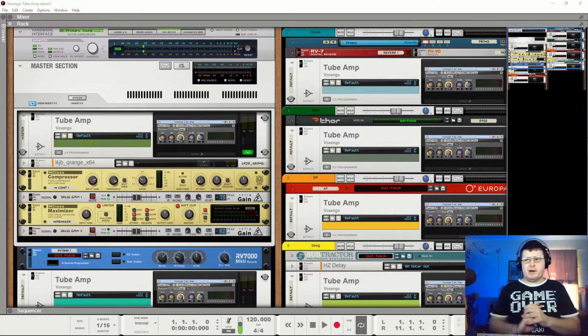This is part 2 in the series on saturation devices. Right from the beginning, I'm making it very clear these are saturation devices, not distortion devices. This one's capable of getting into distortion, but we're showing it here as a saturation device. A saturation device is something that, when you put sound into it, makes a little indefinable change, normally something that we perceive as better.